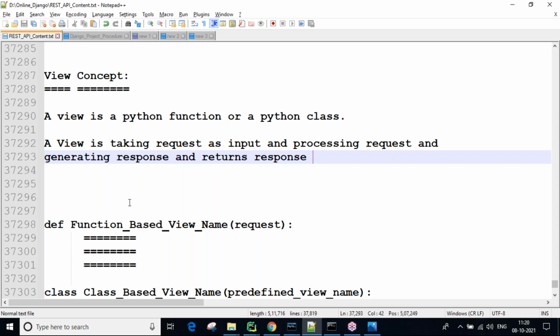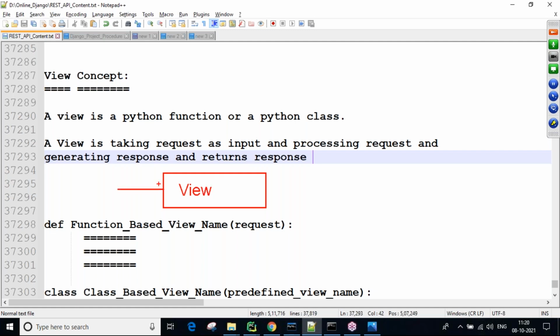So simply, this is a view. The view takes the request from the user or from the browser.